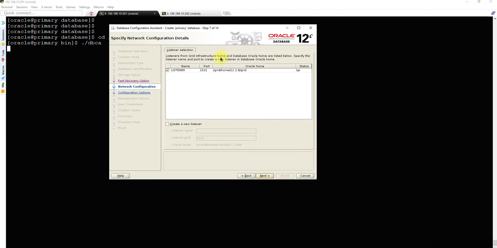It will select the listener which is running, and we must know that this is a standalone, non-clustered environment, okay. I'm actually referring to when you are installing ASM, during that setup you need to install the grid, right?